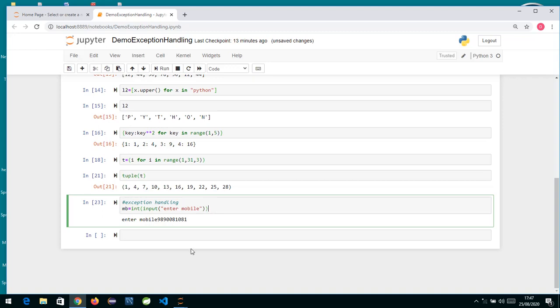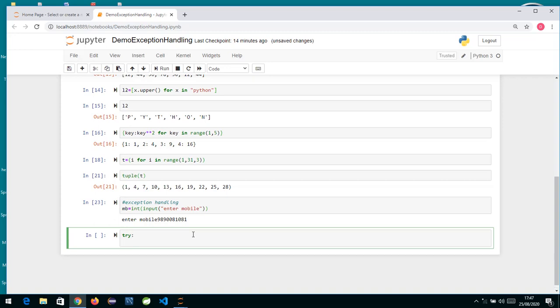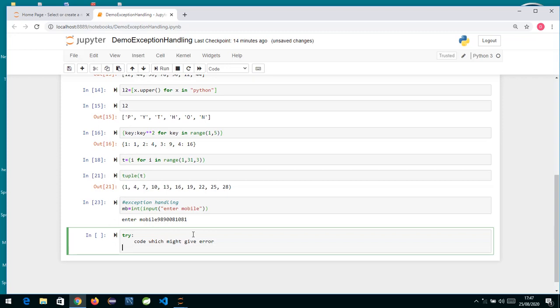So to handle exceptions, for exception handling we have try. We write try colon, and the code which you feel might throw an error, you are going to write over here. And if there is an error, then you have to write what logic you want.